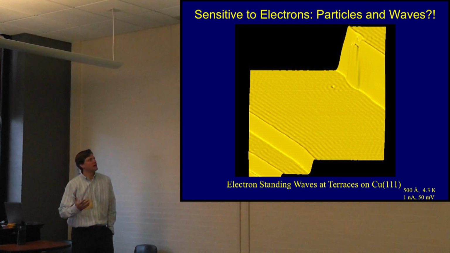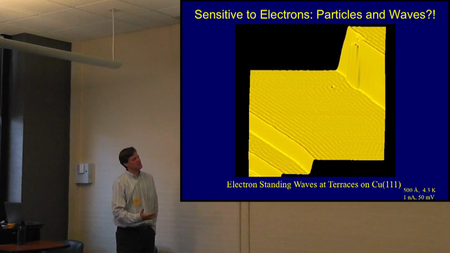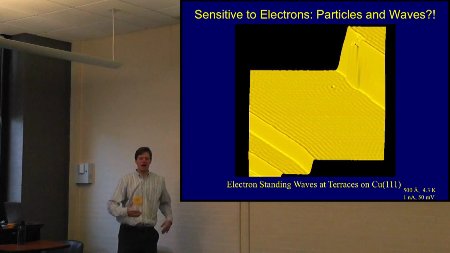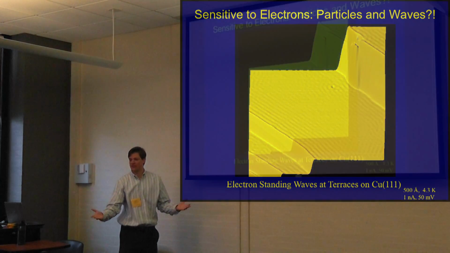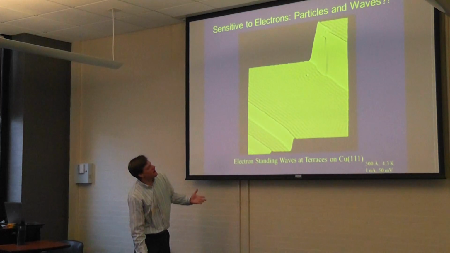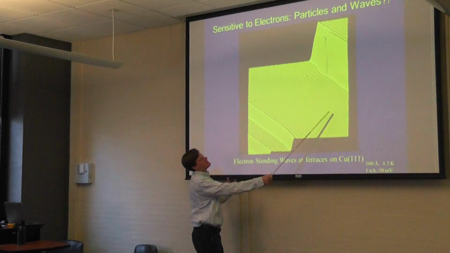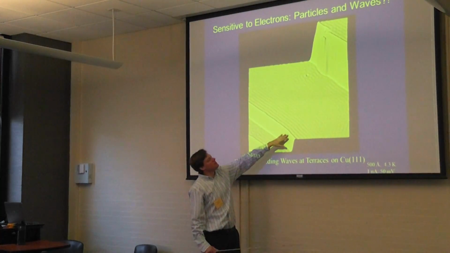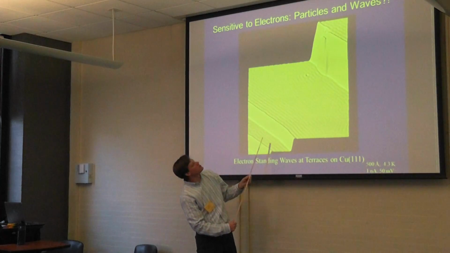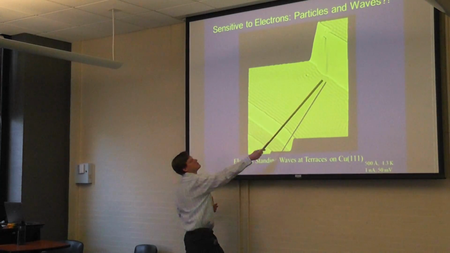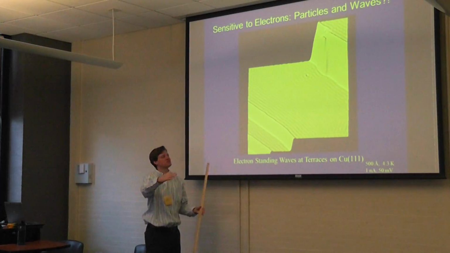That's one of the foundations of quantum mechanics, but it's a bit odd to say I have a particle, it acts like a particle, it also acts like water waves, for example. But I think it's comforting that we say that, but that we can actually see that. So here what we actually see are standing waves of electrons. It almost looks like a little bit of a waterfall, and you have ripples on some